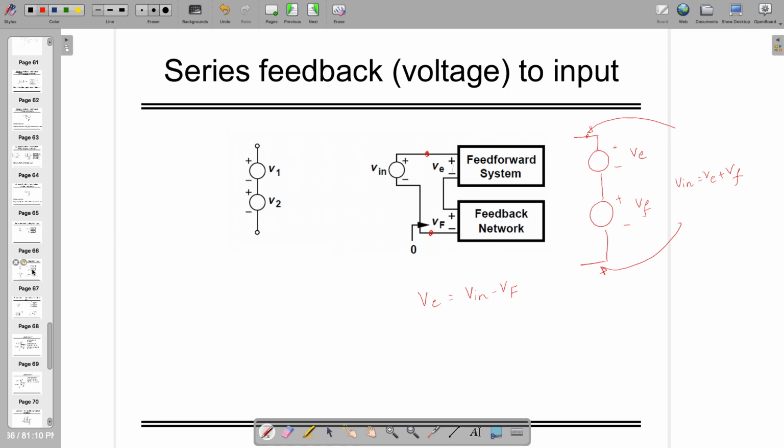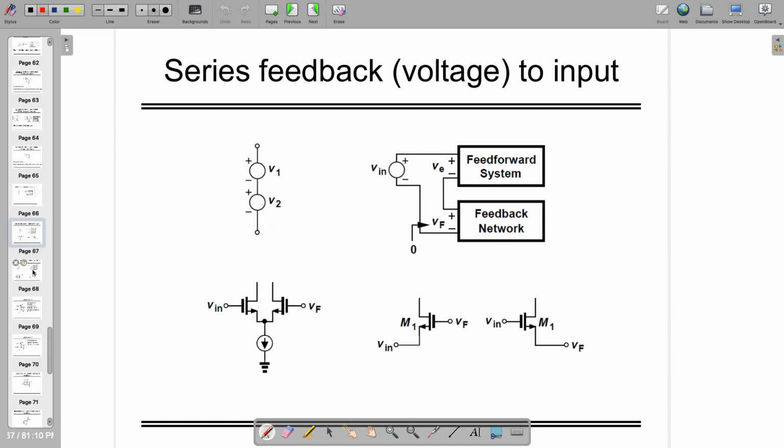And there are some examples, like here two voltage sources are there. In the first example, it's a differential signal where the input is actually Vin minus Vf. That is what we want. Here also, this is a common source amplifier where the effective input is Vin minus Vf. Similarly for this one, or you can call it like this, depending on the polarity it might be. So the input is VGS, by the way.